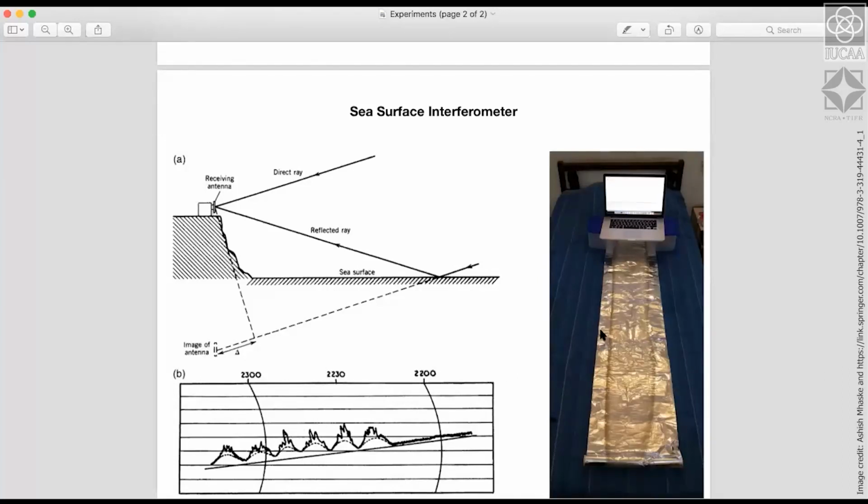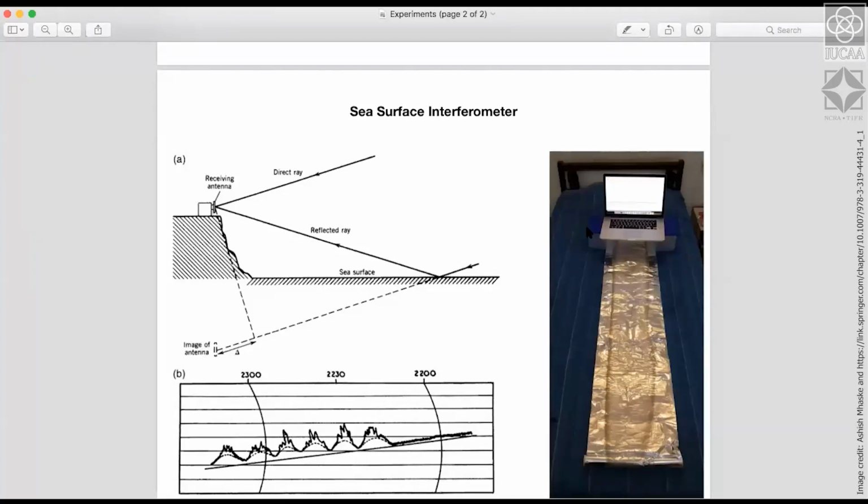And on the right hand side, you see we have created a similar setup. I have kept it on my bed. It is not recommended to keep it on a bed because the mattress is compressible and your distance and length measurements might be affected by that. So I have kept this laptop on two boxes, and there is an aluminum foil beneath it, and I varied the distance of my mobile phone from this other end of the aluminum foil vertically.